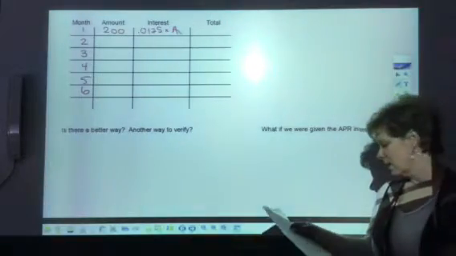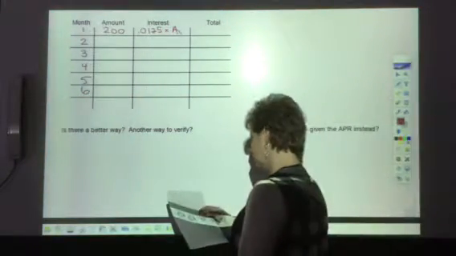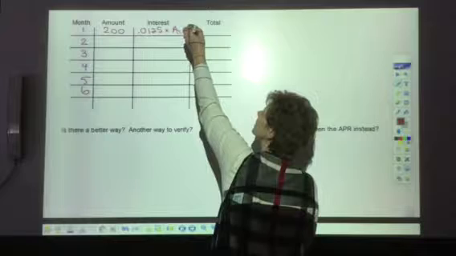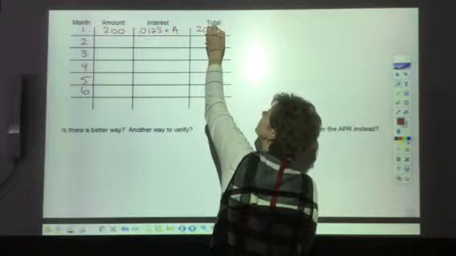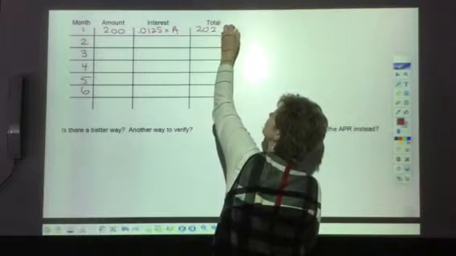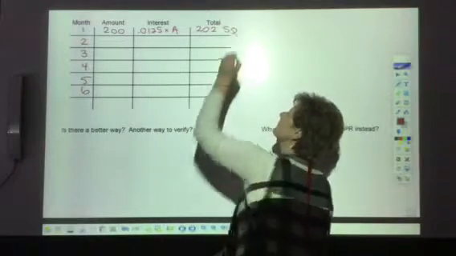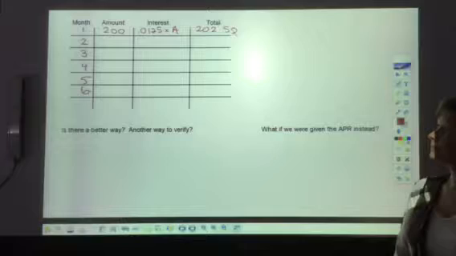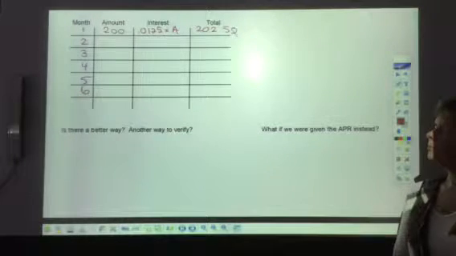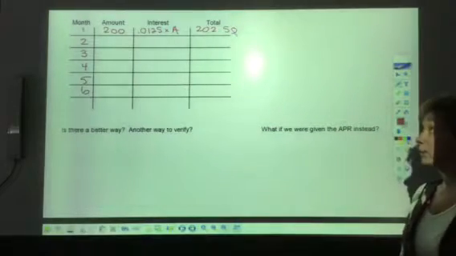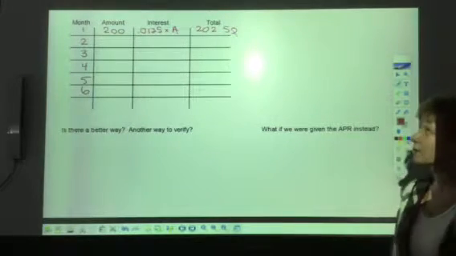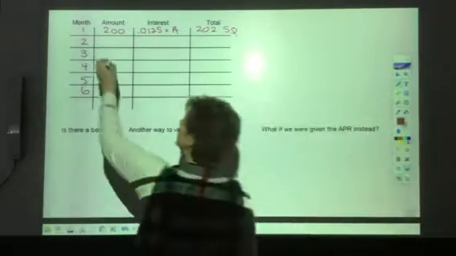And we get an interest of $2.50, and that's our total. We may have to talk about where we round to, because we're talking about money. You want to round to your nearest hundredth because we want every penny. So at the beginning of the next month,